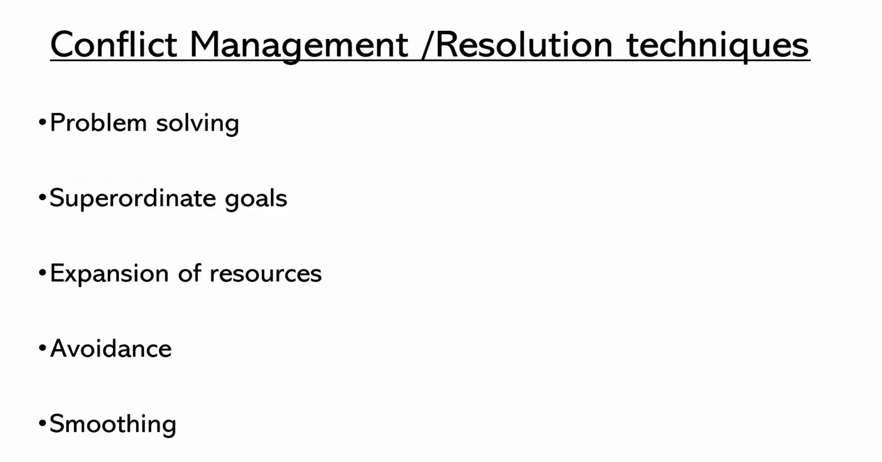Problem solving. Whenever a conflict is there, what do you try to do? You try to solve the issue, you try to solve the problem in a very constructive manner. Next one, superordinate goals. Now this is a very interesting one. Do you remember when we were very young, like when we were a child, whenever we used to fight with our friends or cousins, your siblings, what our parents used to do is that